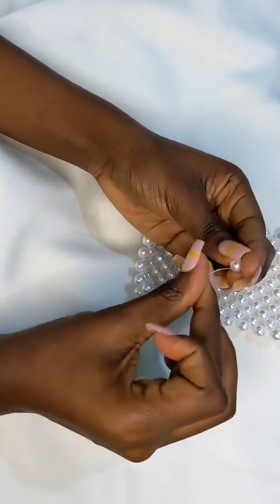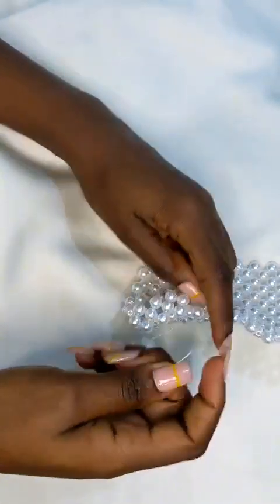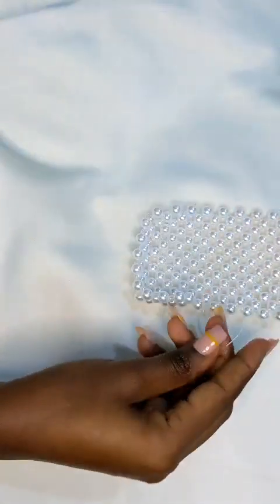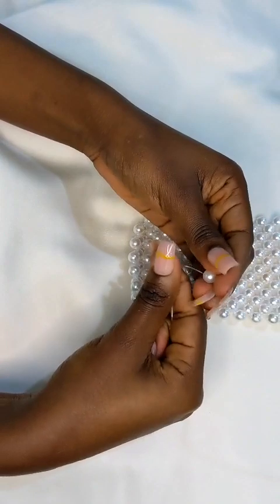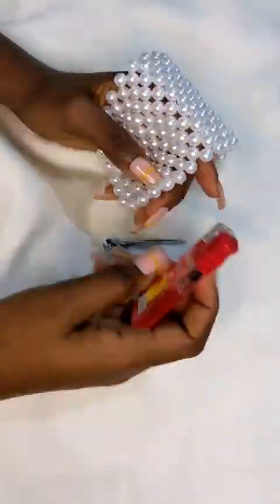Two beads, then you cross on the last one. Two beads. So I need to